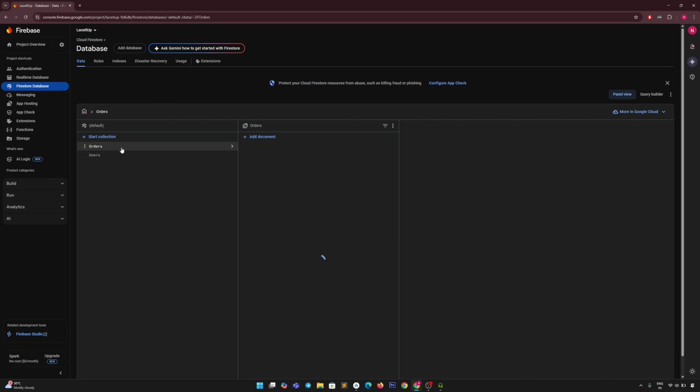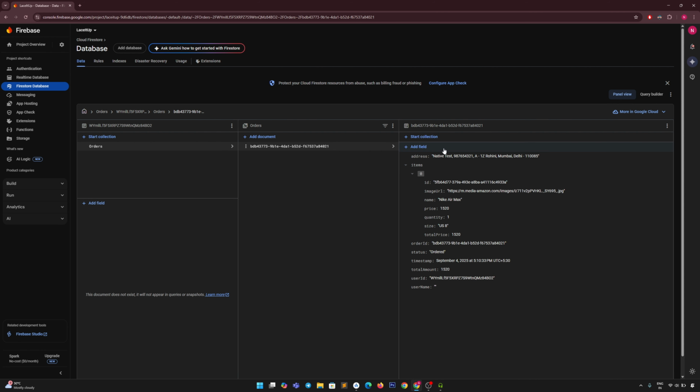Now coming to the orders of that particular user. So this was the user, right? Under the orders collection, we have the order IDs and this is the order data. So we have successfully implemented the checkout feature with cart summary, address management and Razorpay integration. We also debugged and fixed the tricky error related to the auto read OTP helper.